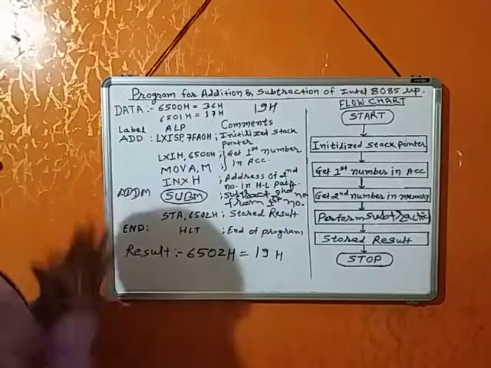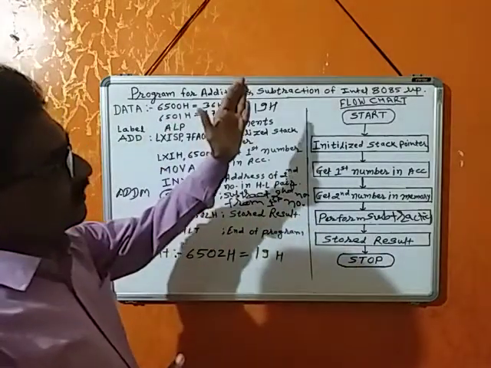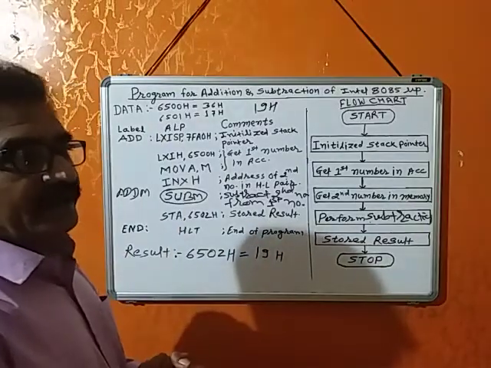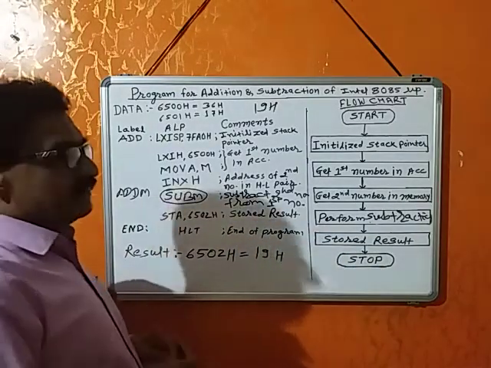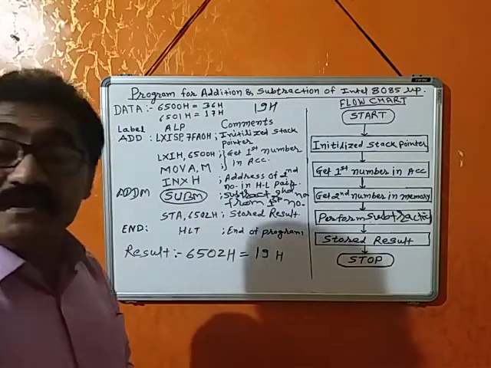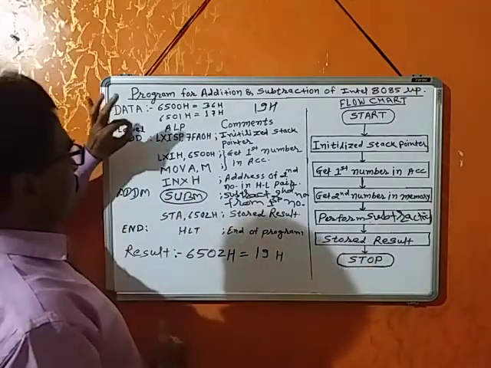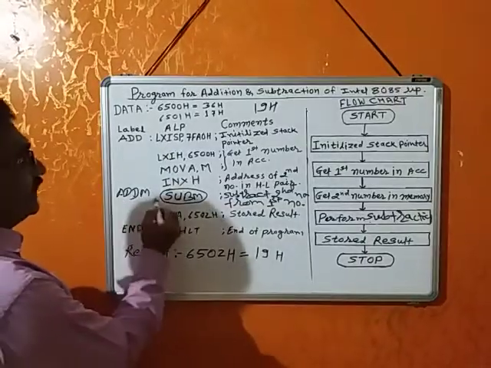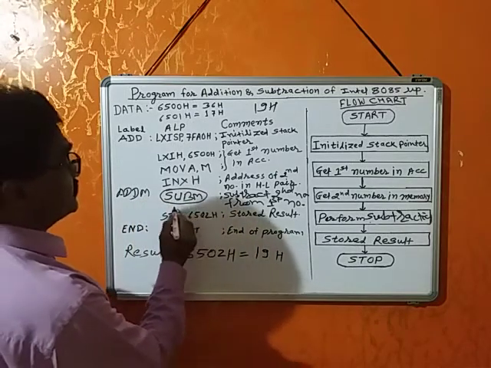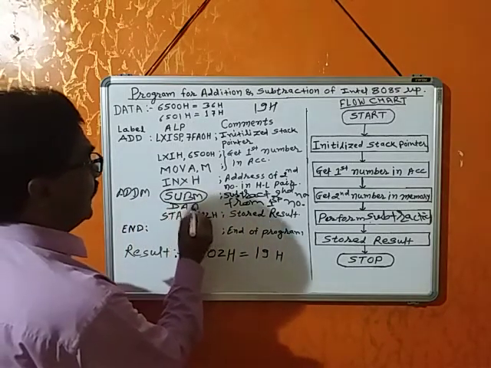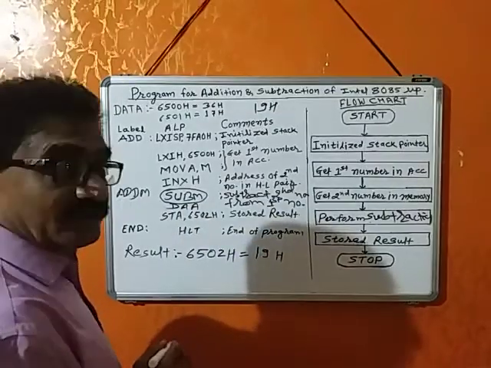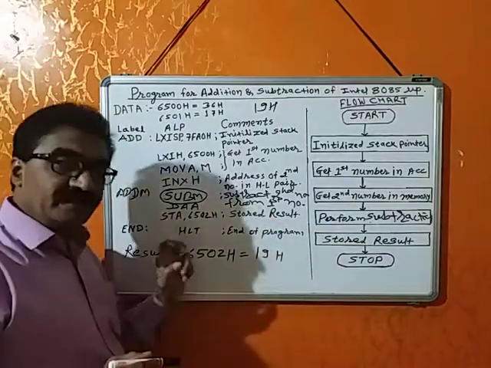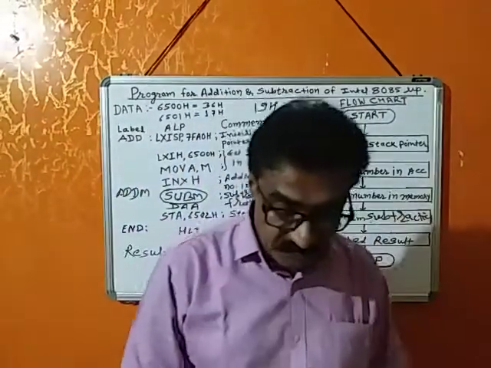This is the addition and subtraction for 8-bit numbers. This number is a hexadecimal number, but sometimes if I require the result in decimal, for that purpose there is only a minor change. After the ADD M instruction or SUB M instruction, one instruction is added, that is DAA, decimal adjust accumulator, after addition or subtraction.